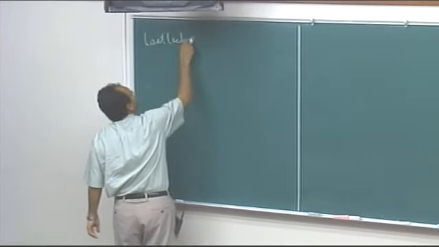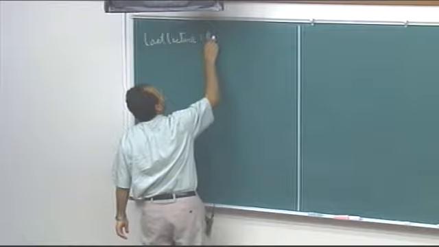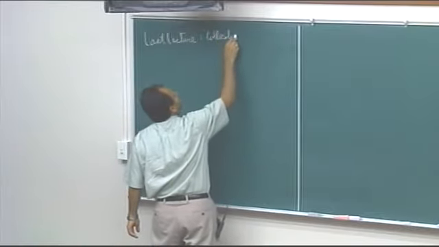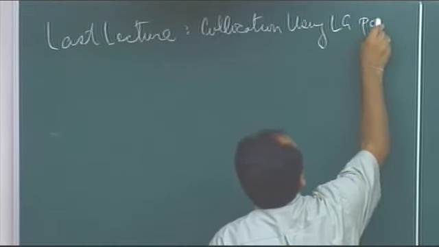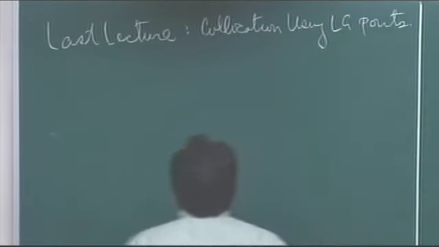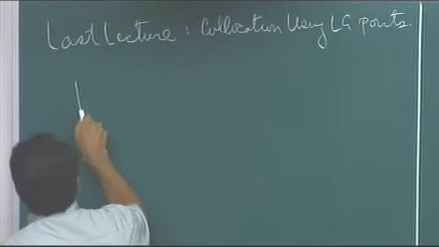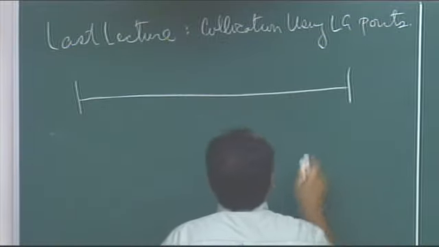we talked about collocation using LG points. Now, if you remember, the way we had done this was that the interval from -1 to 1